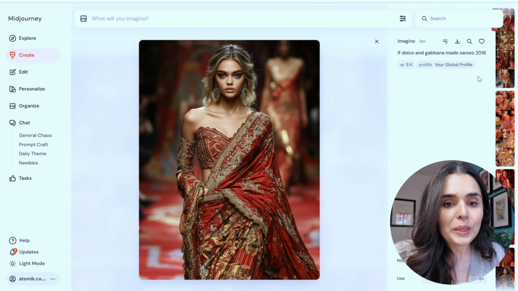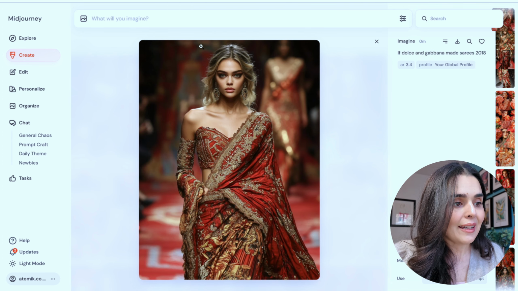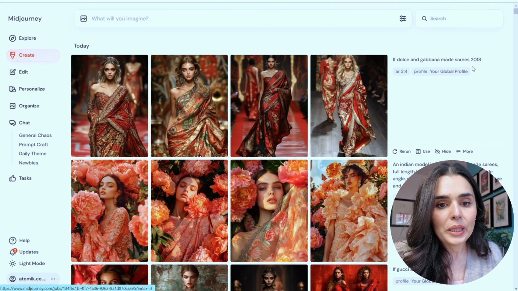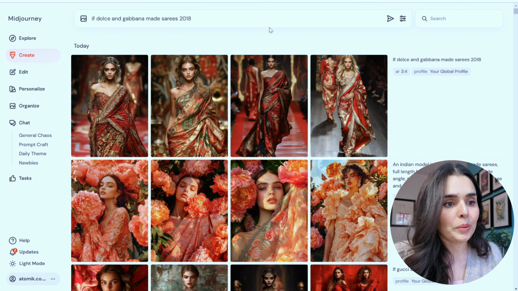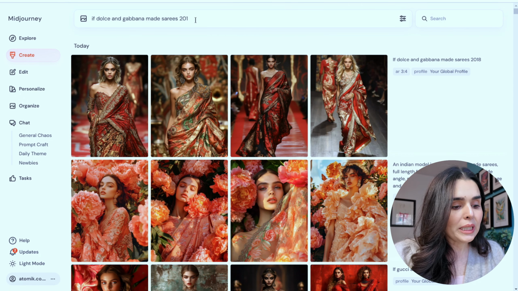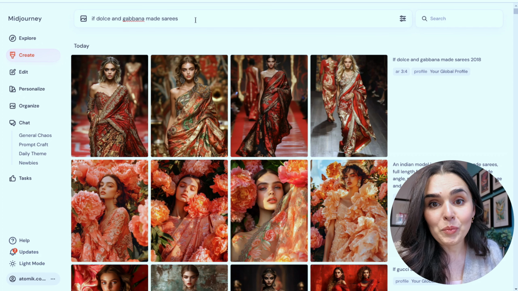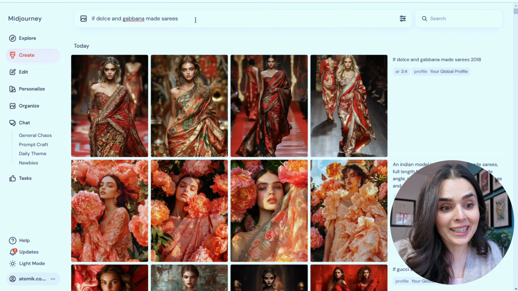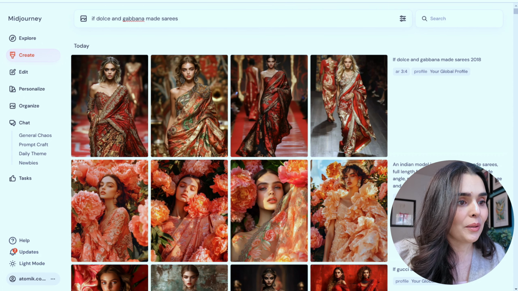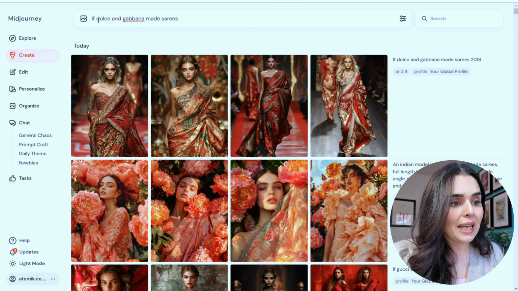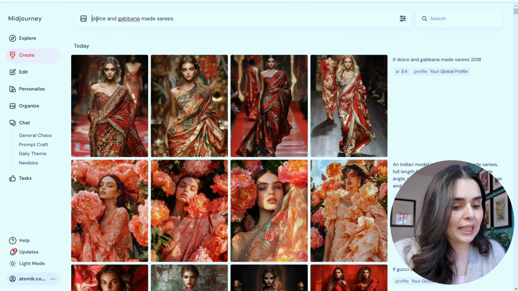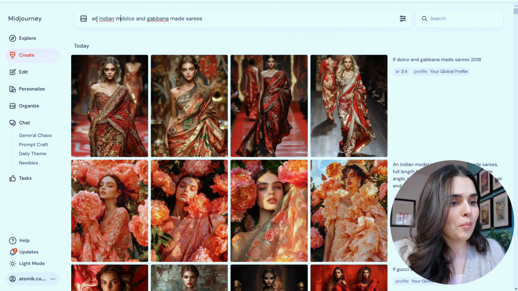So if we take this text, go back to create, we use text and pre-populate here. What we can do is we can get a little bit more specific and help the AI to give us the type of image that we want. So I want to have an Indian model,